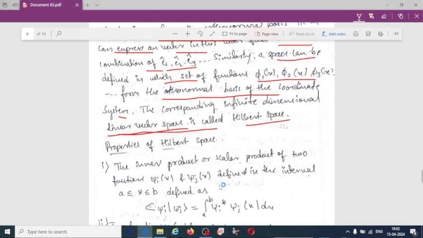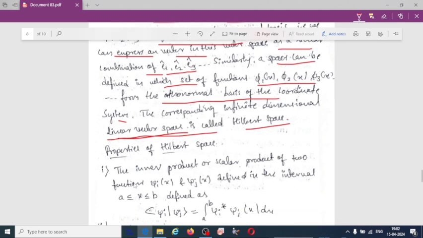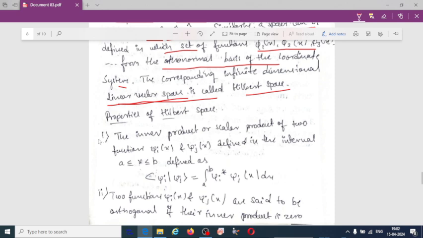Hilbert space is the linear vector space, infinite dimensional, whether it is in terms of a set of unit vectors or in terms of a set of wave functions. If we take that, they must form the orthonormal basis. Then we call that Hilbert space. So what are the properties? Let us discuss. First one,